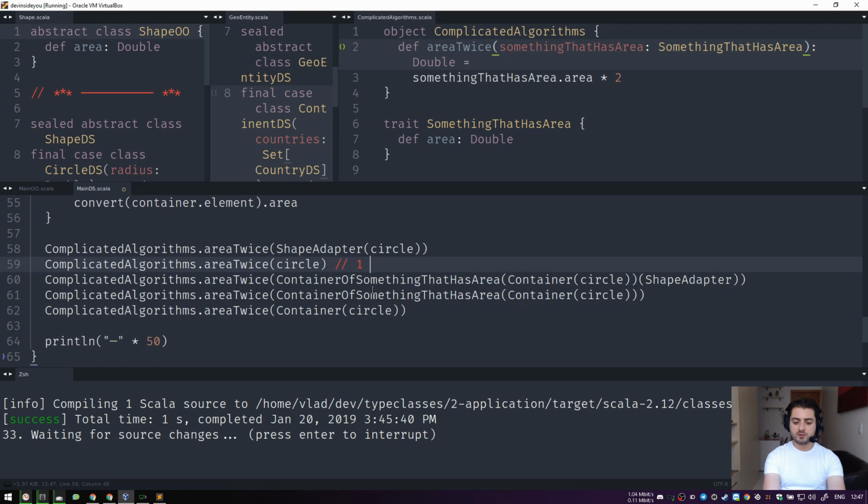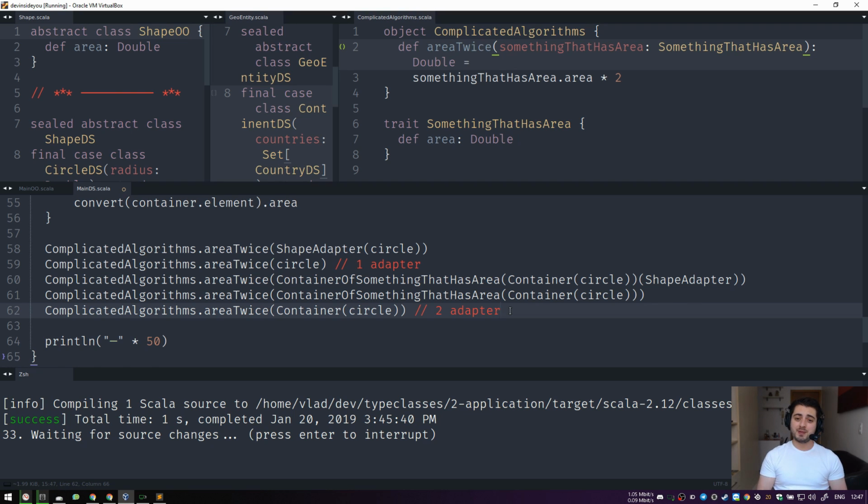So look, over here it uses one adapter. It finds one adapter, and over here it actually finds two adapters. It finds this one, and it finds this one. So all of this magic is happening behind the scenes. Now we're going to have the video about implicits very soon, where we're going to go through all the nitty-gritty details of implicits. But for now, the one thing that I want to mention is that this technique